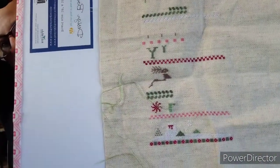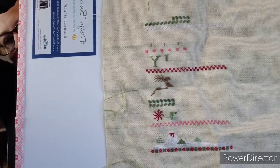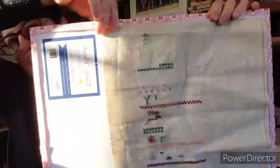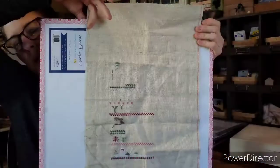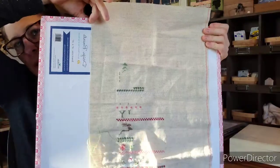And I love it. So I started at the bottom with the snowman, and then I traveled up because I wanted to see what the length would be. I started it on a natural, I think it's called oatmeal, Aida Zweigart base. So I have a lot left over at the top because the tree that I'm working on right now,